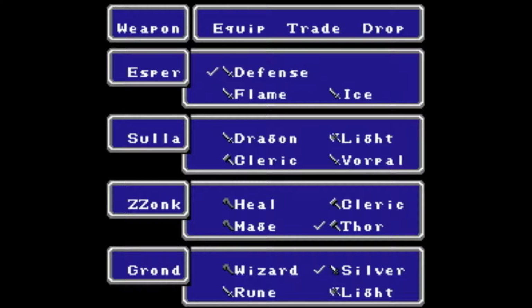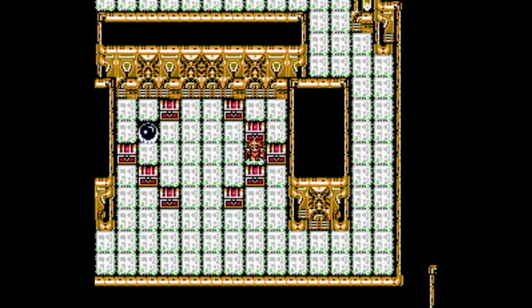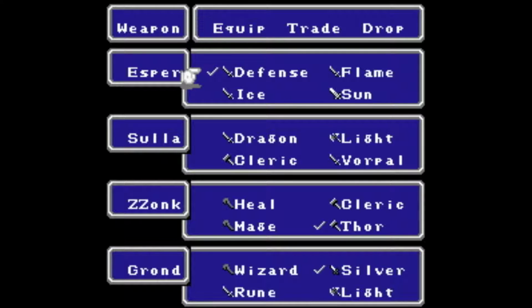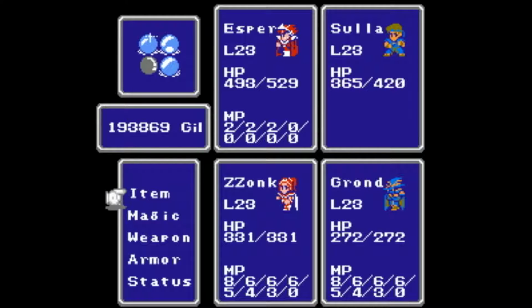The Defense Sword casts Ruse on the caster, so it's self-targeting only, which boosts your evasion. It's not all that useful at this part of the game, so I'm checking 53 and 106, for my attack and my attack percent. But the Ruse spell is not all that useful at this point in the game, because the White Mage can